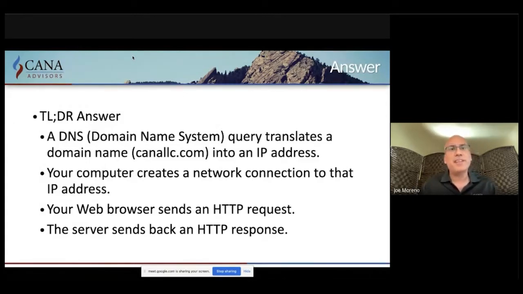There's 4 steps. A DNS server query will translate the domain name, canallc.com, into an IP address. Your computer then creates a network connection to that IP address, which I'll demonstrate. Your web browser will send a request, HTTP, Hypertext Transfer Protocol, which I'll demonstrate, and then the server sends back